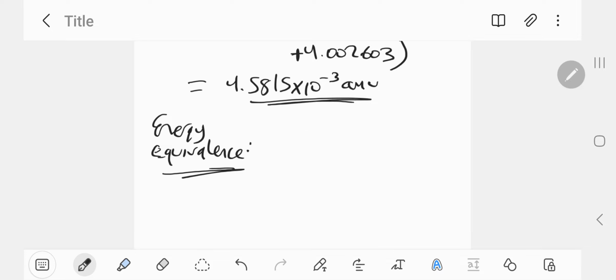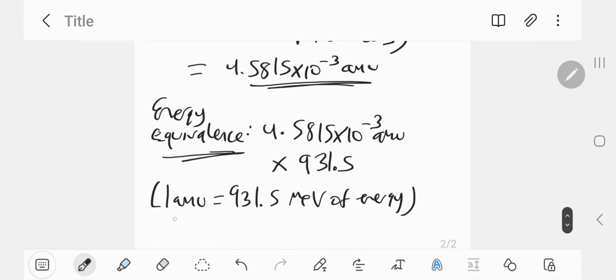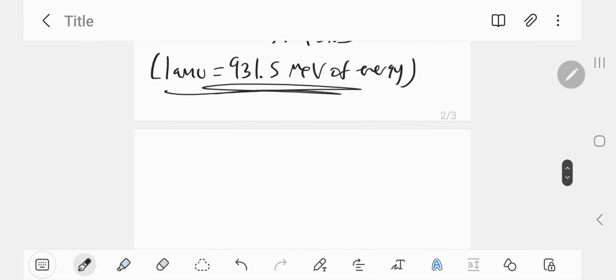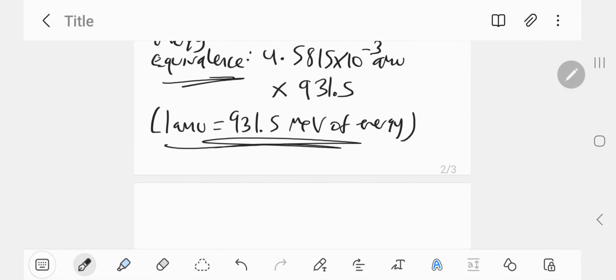So we use the answer from above, 4.55815 times 10 to the minus 3 atomic mass units times, I'll explain why in just a sec, 931.5. Because one atomic mass unit is equivalent to 931.5 mega electron volts of energy. This is given on your data sheet for the HSC, so that's already given. So now that we've worked out the energy equivalence, the energy that's released in the reaction,